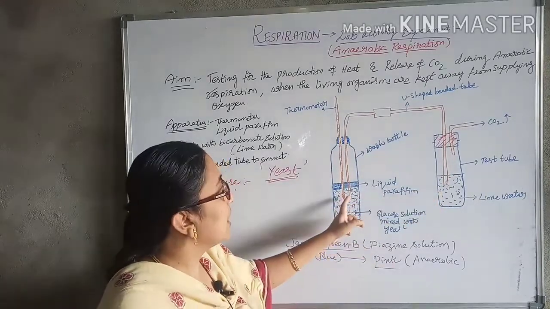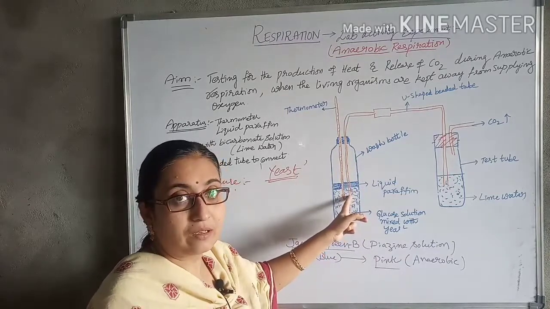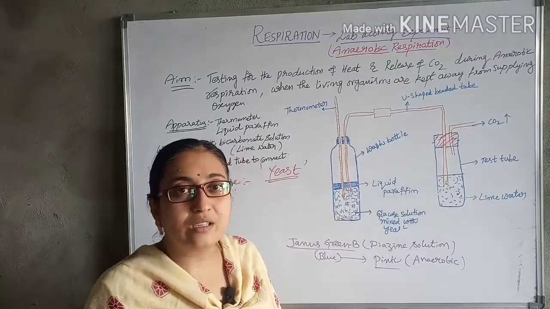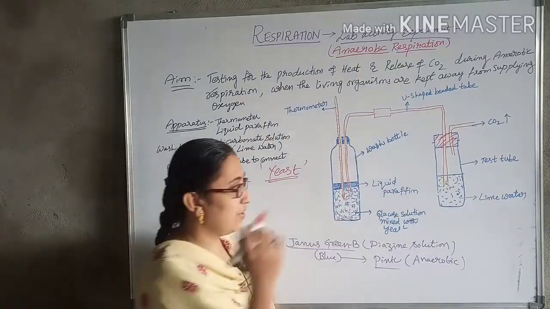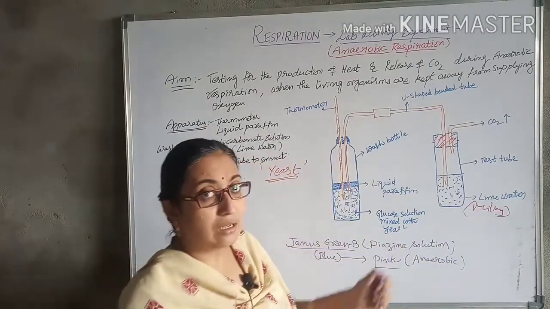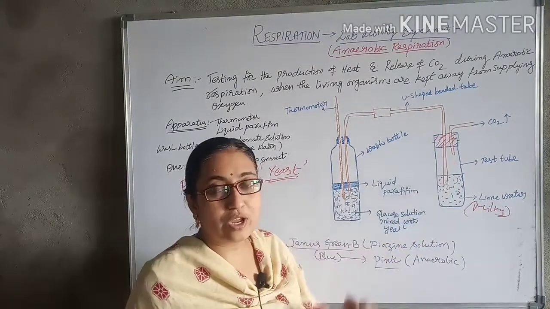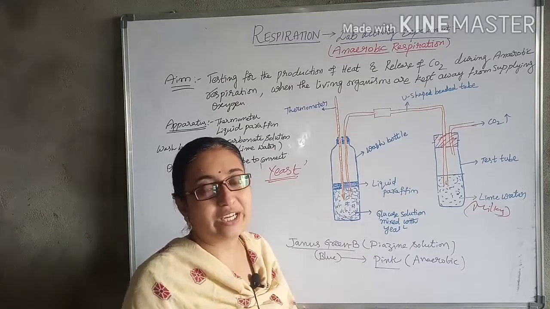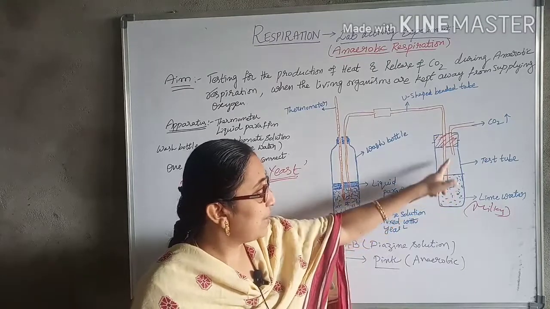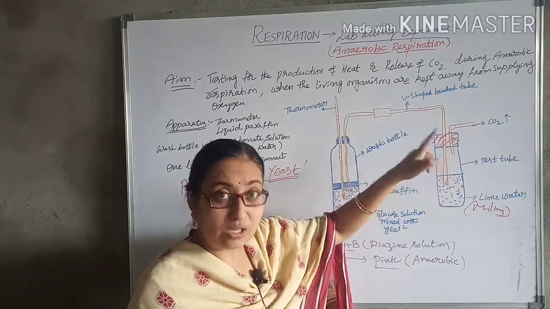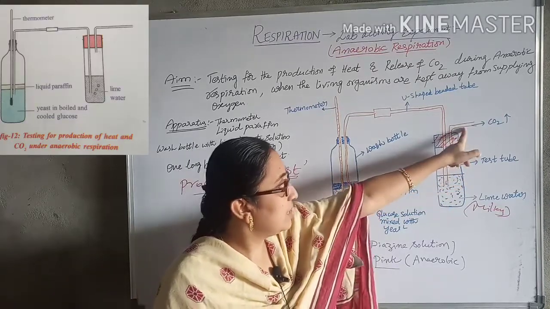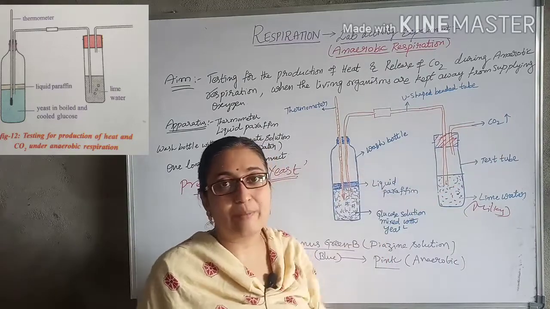Whatever gas is produced will enter into the test tube which contains lime water and turn the lime water into milky white color. So the color of the lime water changes, though you cannot see the gas. You can note down the temperature but you cannot see the gas, right? As the carbon dioxide concentration increases, from the tube inserted in the test tube the carbon dioxide will start coming out.